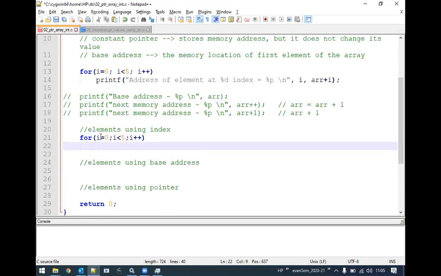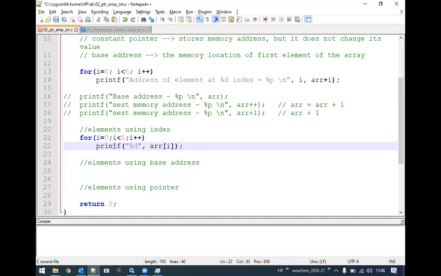And what are we going to do? We are going to access the elements of this particular array, so let's directly print them. I can provide arr within the square brackets, the i value.